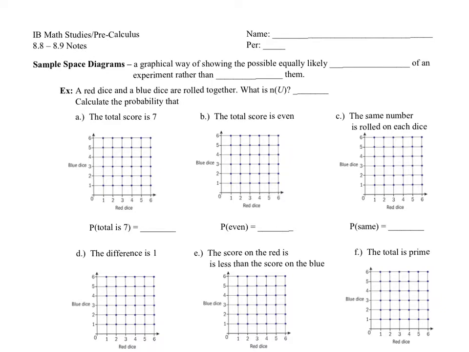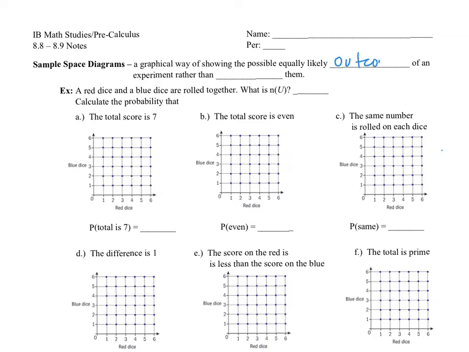In this lesson, we are going to learn some ways to help you organize and count outcomes. If you're going to compute probabilities, you have to be able to organize and count your outcomes. So we're going to learn a couple ways to help us do that. The first one is called a sample space diagram. It's a graphical way of showing the possible equally likely